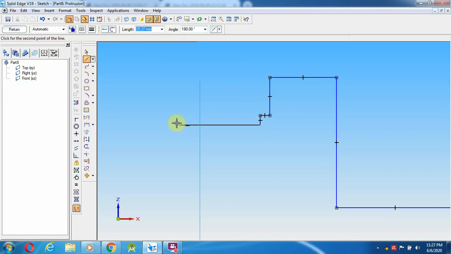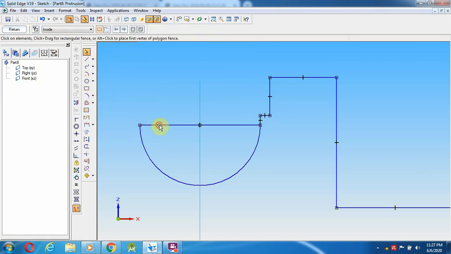I'm going to create a 38 mm line over here. Then select arc by center point method. Take this as a reference point from here to here. Going to click here. Then going to delete this line.